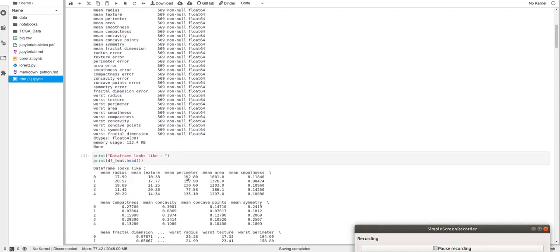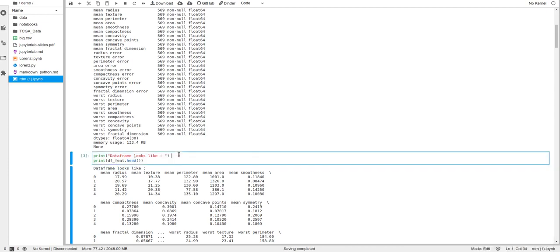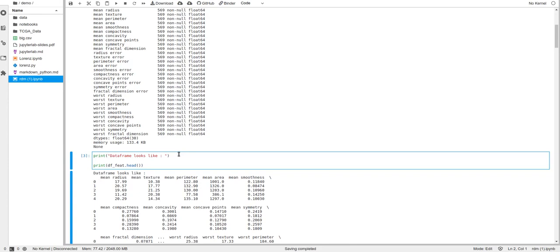Now, if we want to look at our data frame, as my data set is vast, I need just 5 entries. So we use head here, or you can use describe also to get the data frame, like if I write here feature dot describe.